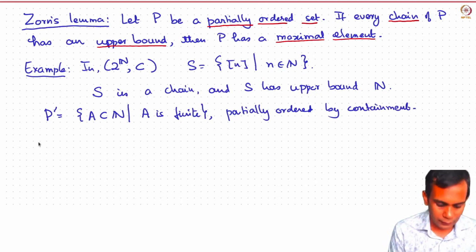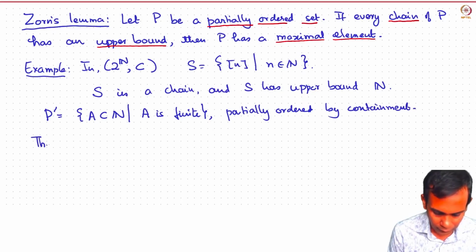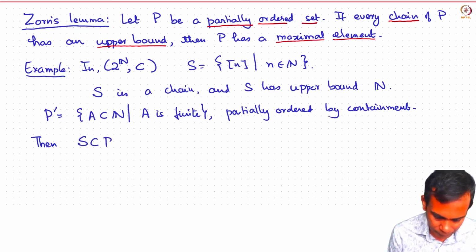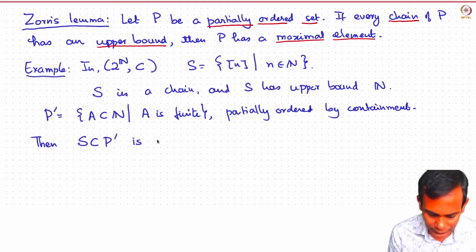Then S is still a subset of P prime. Every set in S is finite. So S is a chain